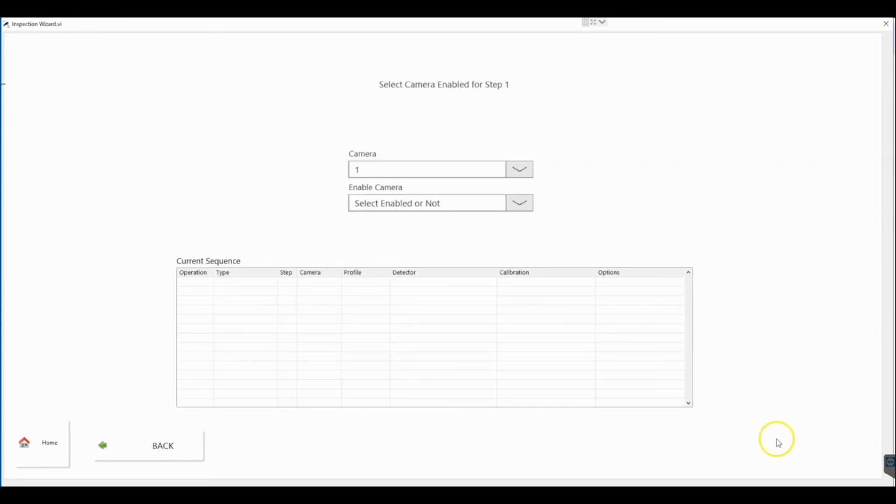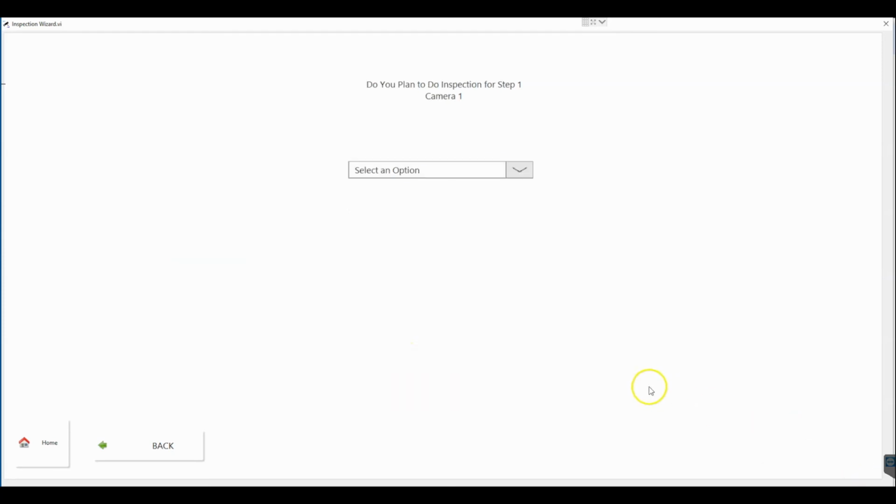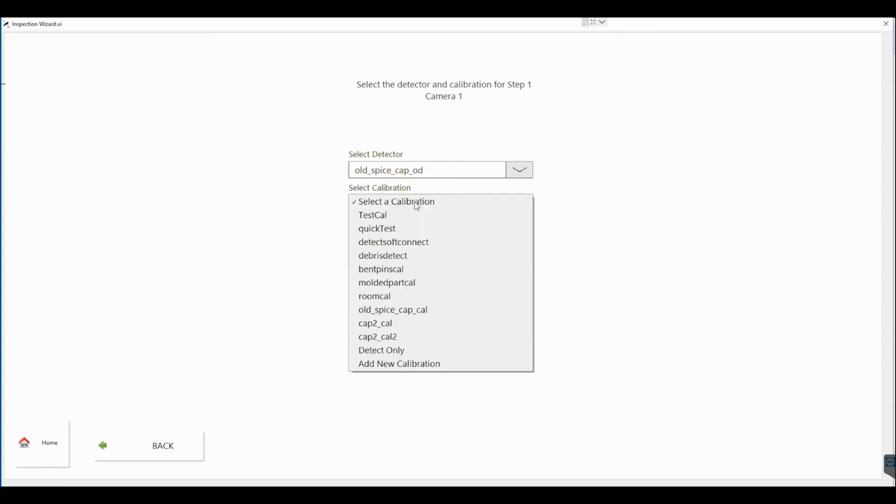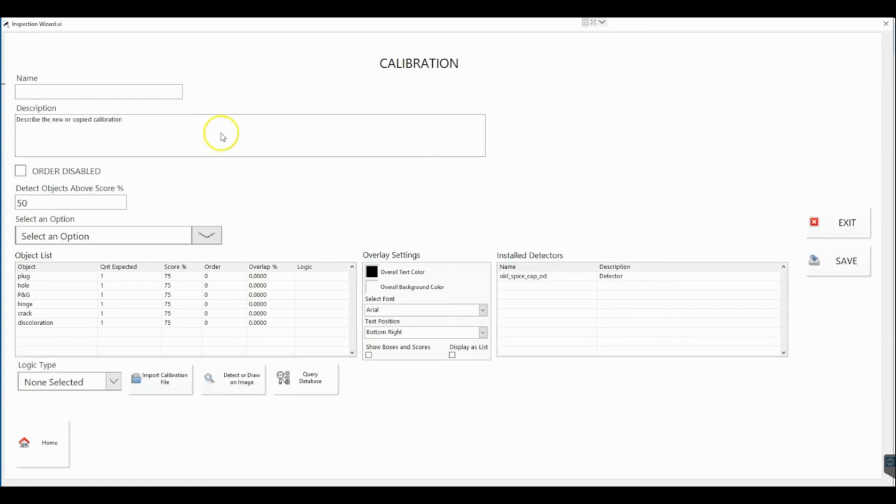We're going to run one step on this. We're going to enable the camera, of course. We're going to use the CapOD profile for the camera. We're going to say yes, we're going to detect. We're going to use the detector that we're training, and we're going to add a new calibration. So we're going to call this Old Spice OD Cal. So this detector